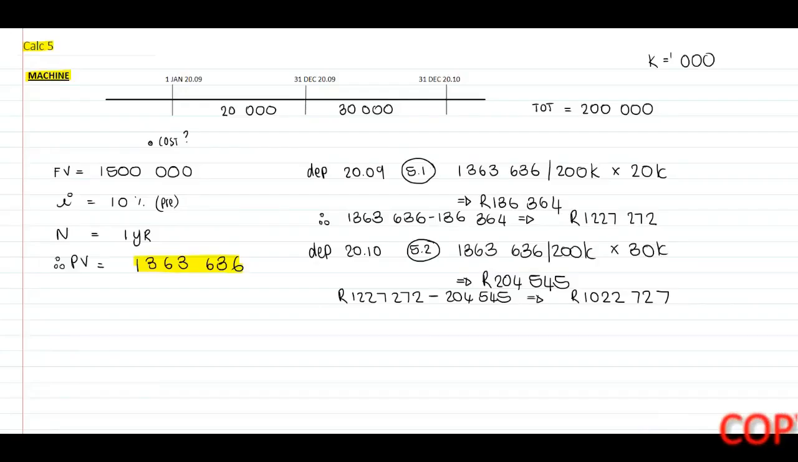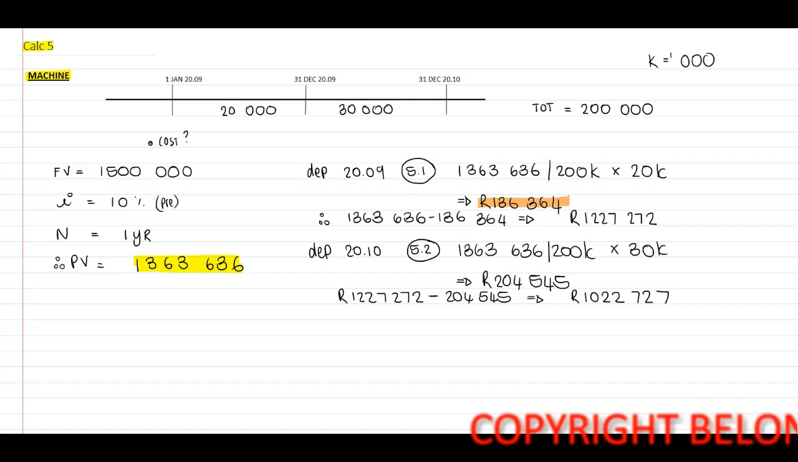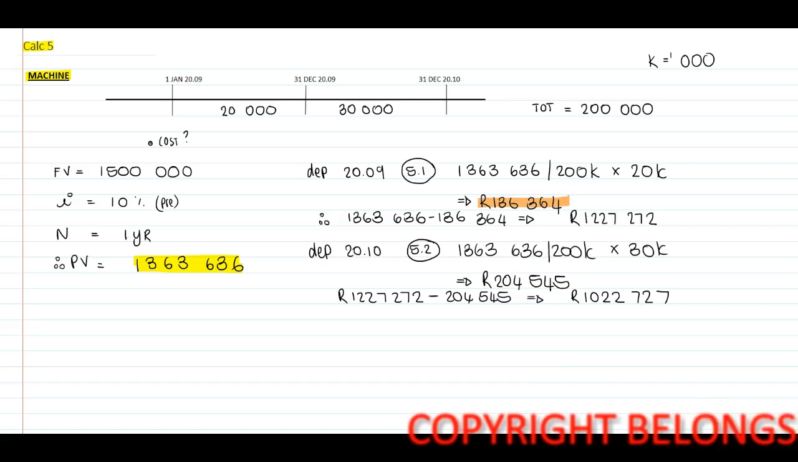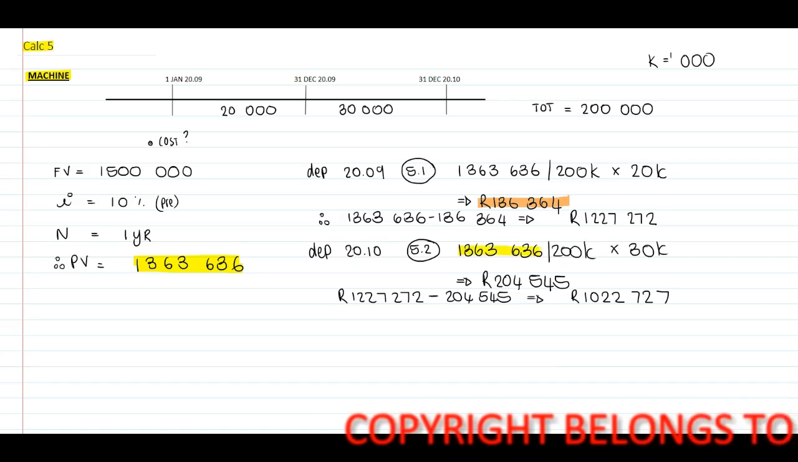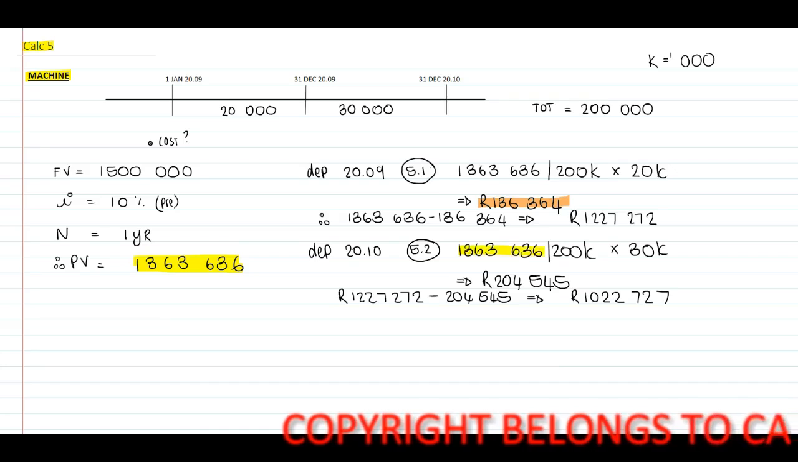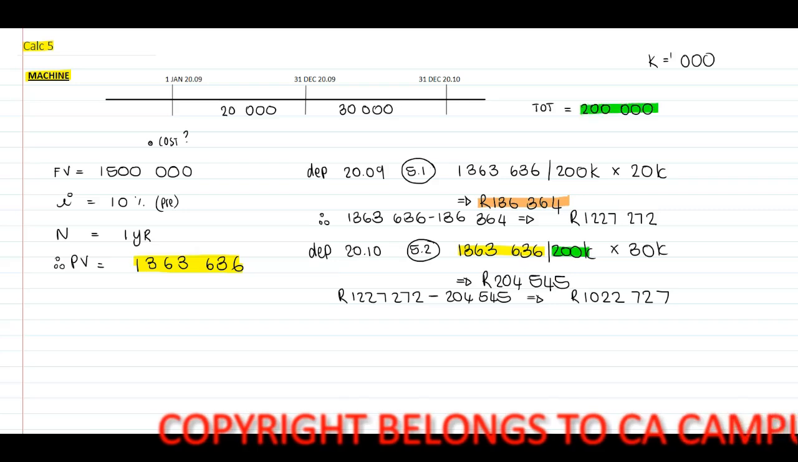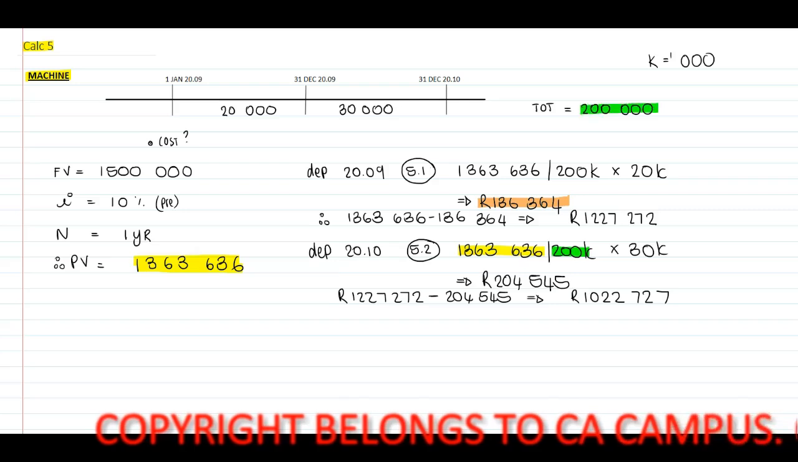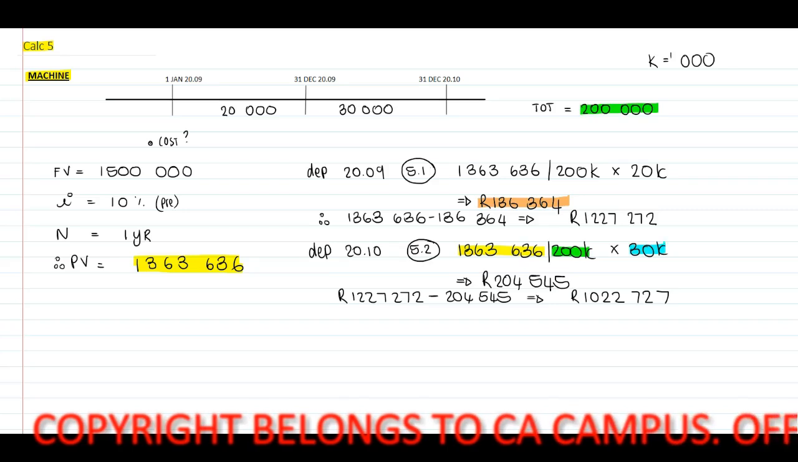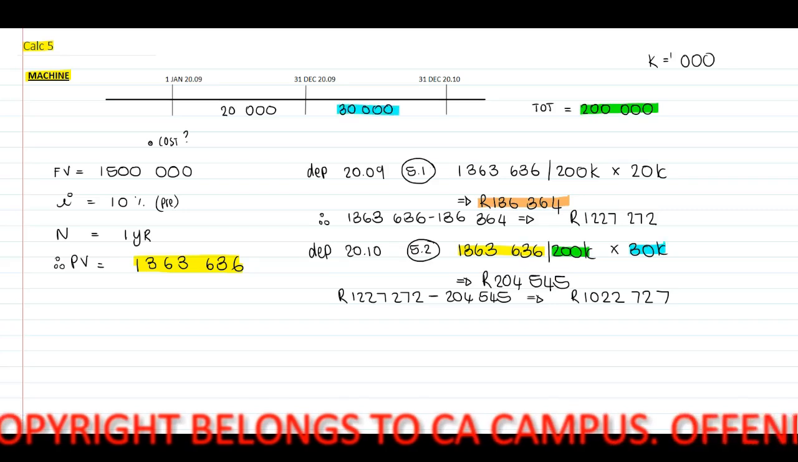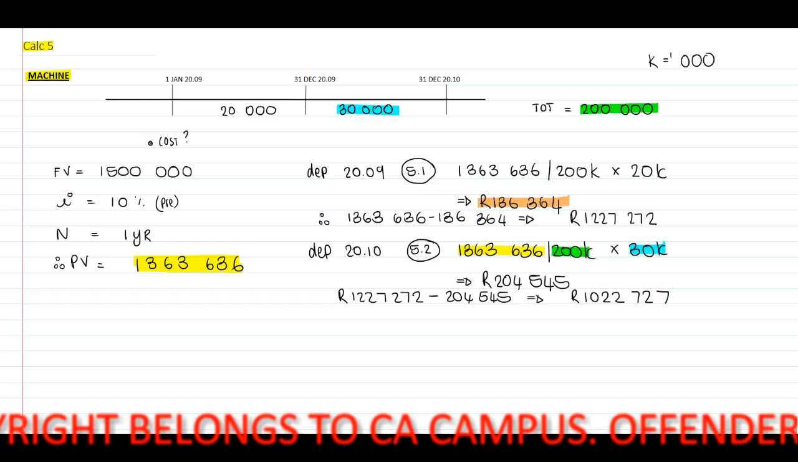And the depreciation for 2009 is 136,364. The depreciation for 2010, again, you need to use your cost divided by the total production units, 200,000, times the actual units produced for that period, the 30,000. And the depreciation for 2010 will be